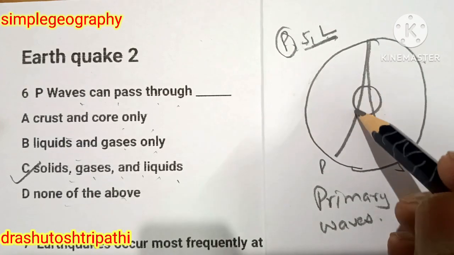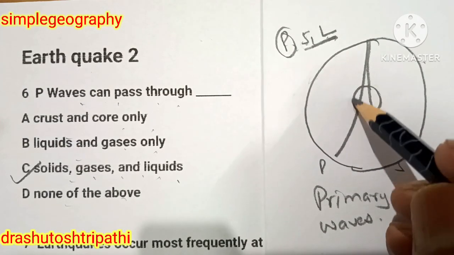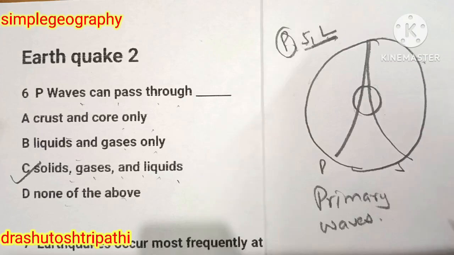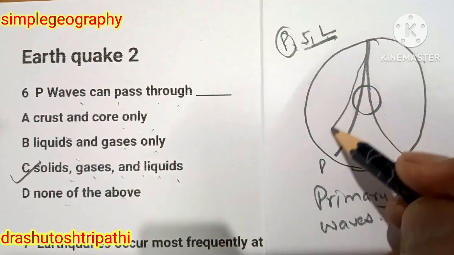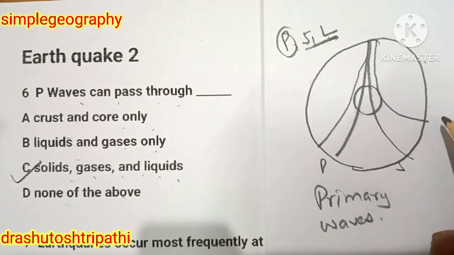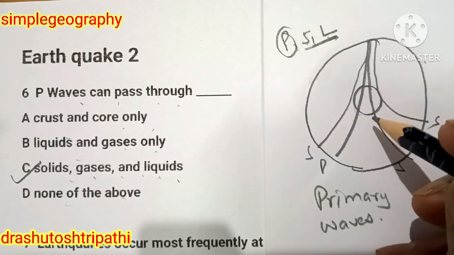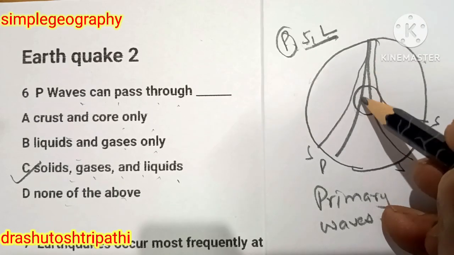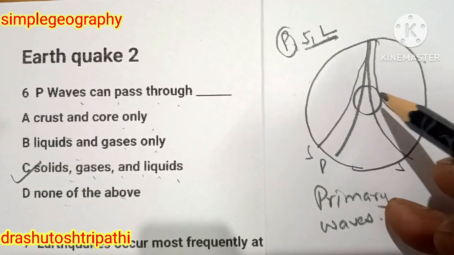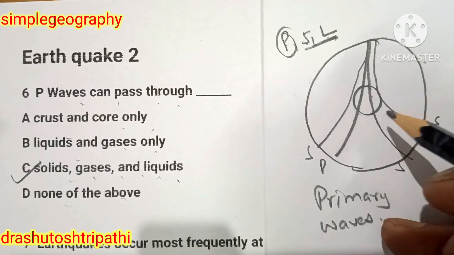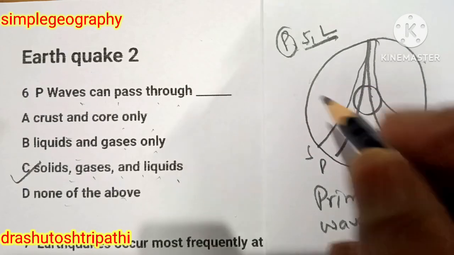We know that the S wave has a characteristic that it cannot pass through liquid. What does it indicate? It proves that the inner part of the earth is in